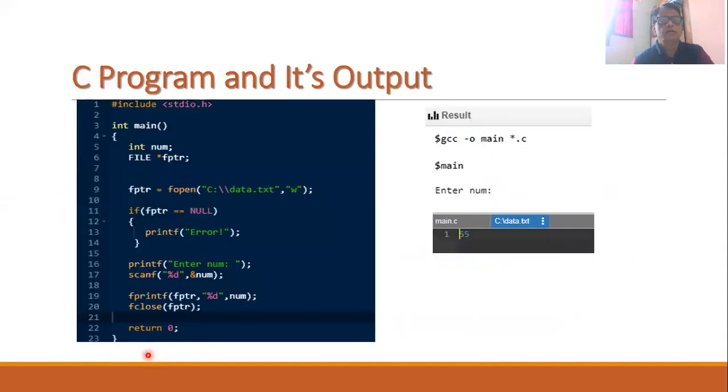Now let us see a simple C program where we will be making use of the file. You will find that in this C program, what we have done is that we have included the standard input output header file. This is our main function. Here we have set the file pointer, and you will find that we have opened the file. And suppose the location of our file is on the C drive, and this is our text file,